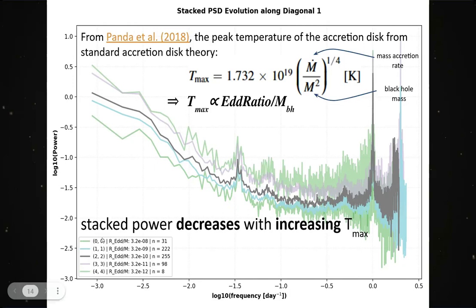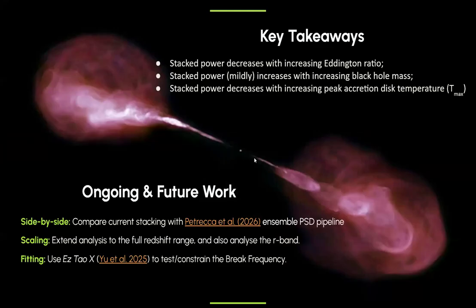So if you follow dark green, blue, gray, you see that the stacked power decreases with increasing max temperature. So that's just our key takeaways. I already said our plans on ongoing and future work are to compare our current stacking with Vincenzo's Petreka ensemble PST